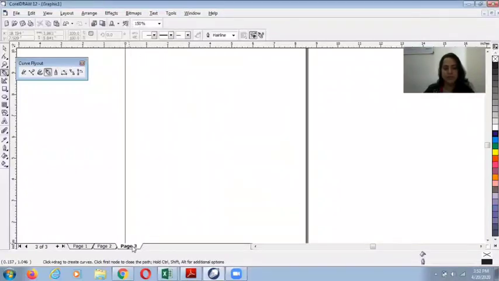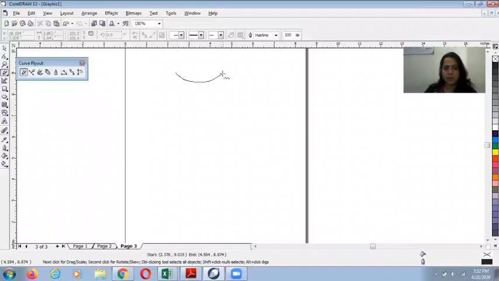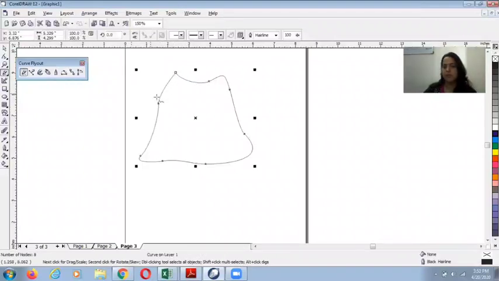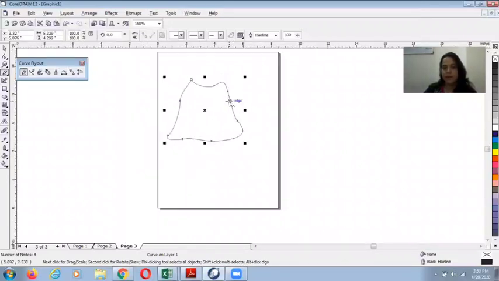So the first common tool is the freehand tool. For example, I want to make a skirt. So I use freehand tool. So you can see, although it's an auto smooth mode, but still the shape I want to give is not appropriate. If I want to give a proper silhouette, I won't be able to give through this. So this is not a tool which can be used for proper drawing.